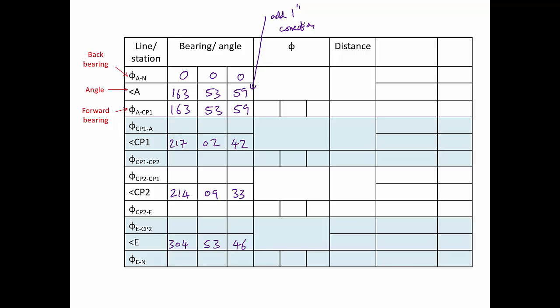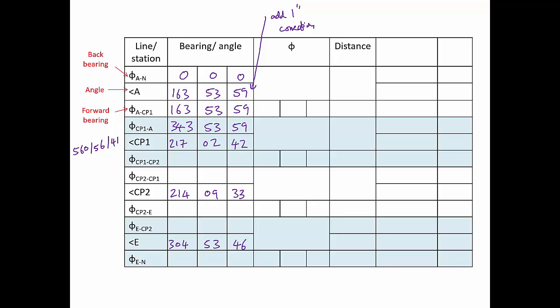So I'm going to add 163°53'59" to 180, and we get 343°53'59". I'm going to add that to 217°42', and oh look, I get 560°